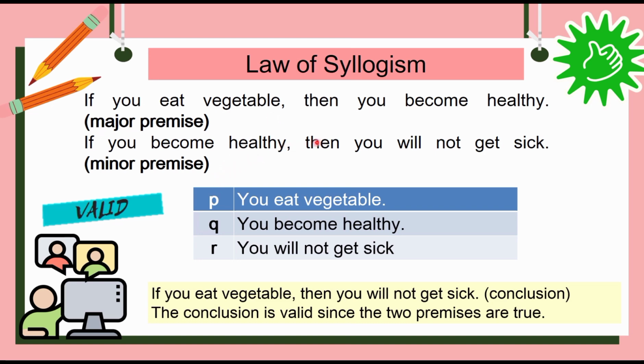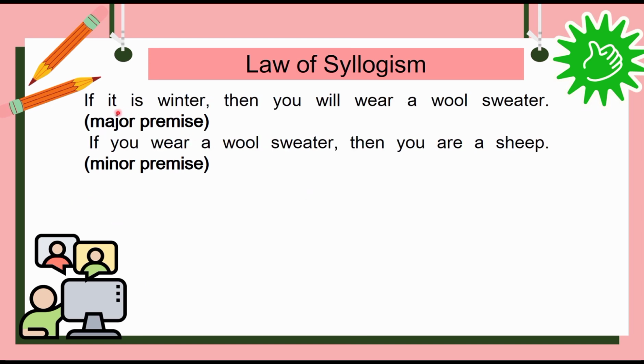But there are instances that the conclusion is not valid. So, kapag na-analyze nyo at mali naman ang inyong conclusion, so our answer is not valid. Okay. So, merong instances na ang conclusion nga natin ay hindi valid. For our example number 3, if it is winter, then you will wear a wool sweater. So, that is our major premise. And then, if you wear a wool sweater, then you are a sheep. That is your